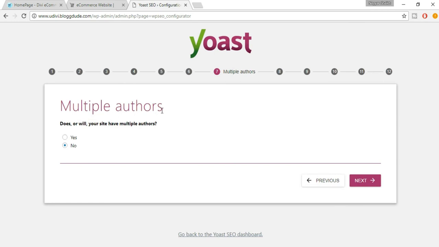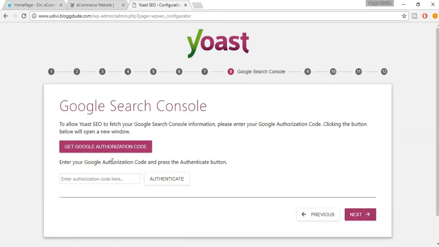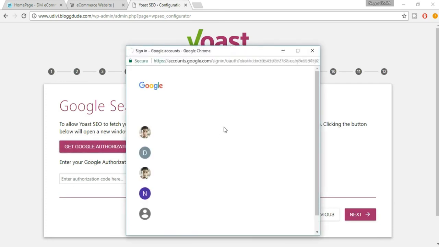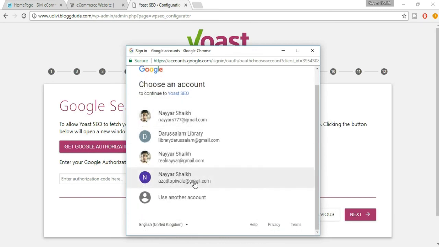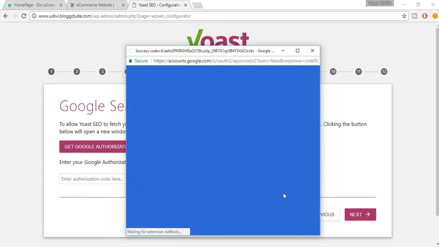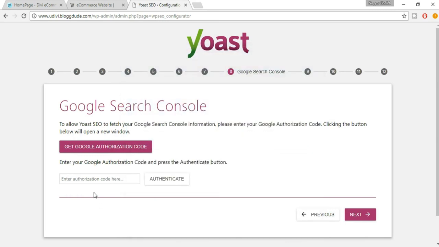Okay, so it asks whether it has multiple authors. Does or will your site have multiple authors? If you think yes, in the future you will have more authors, then select yes. If no, then no. Then click on next. Okay, now you have to get a Google authentication code, so just click on this. Okay, select your account, click on allow. Just copy this code, paste it over here. Now click on next,